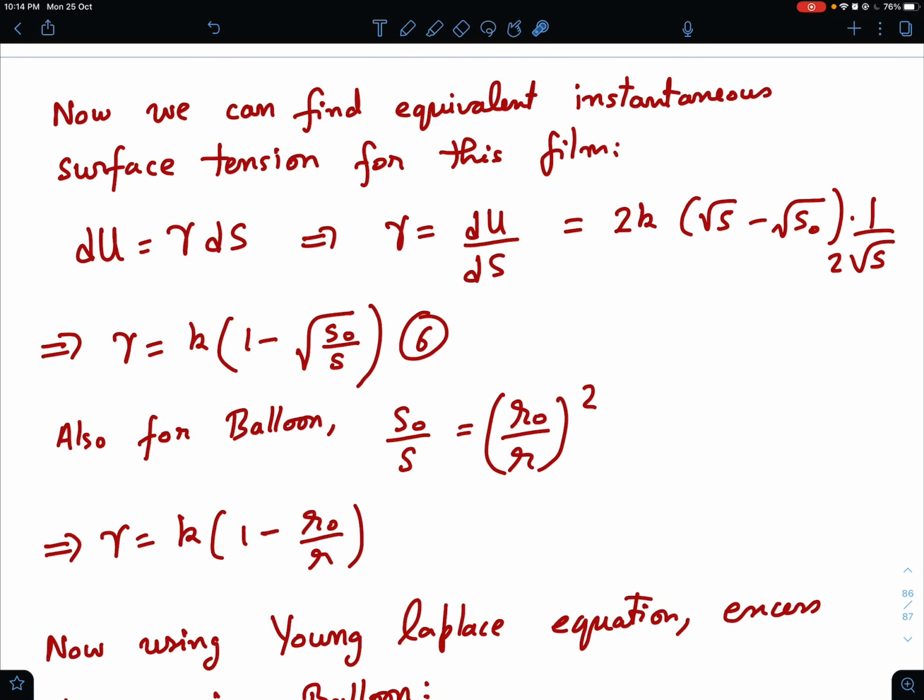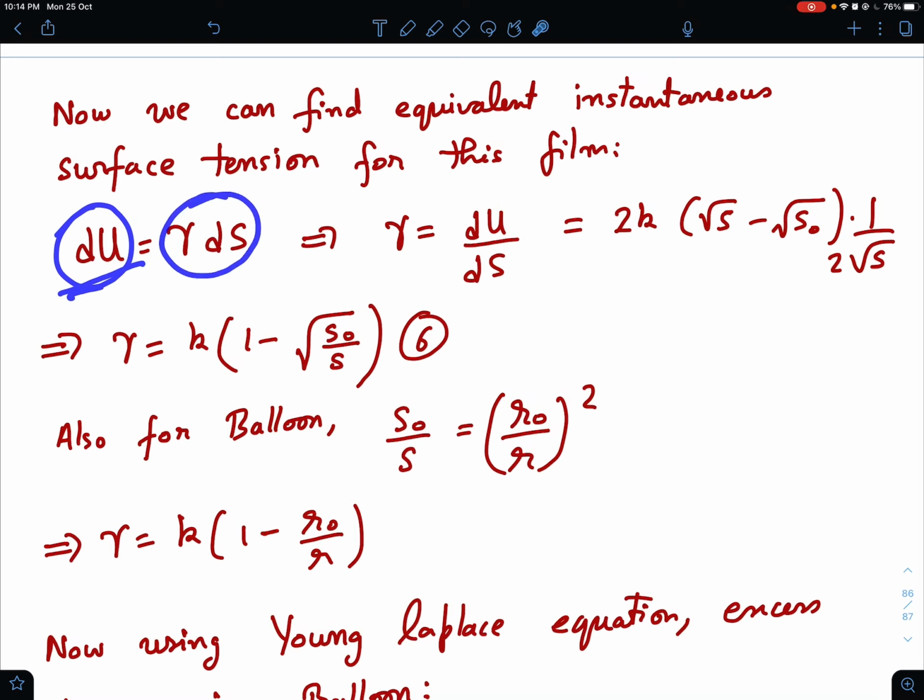Now what I am trying to do is relate it with surface tension, the excess pressure inside the balloon. I will try to relate with surface tension, and then I will need to find the equivalent surface tension or force per unit length, right? So that I can use, if I know the instantaneous surface tension, then I can simply say that inside pressure will be simply 2T by R. Here do not think that there are two sides, I mean there's only one rubber membrane, and it's not like in surface tension where you have outer air liquid interface and inner liquid air interface. So just T by R1 plus T by R2, or gamma by R1 plus gamma by R2 I can use, but I need to find the equivalent instantaneous surface tension for this film.